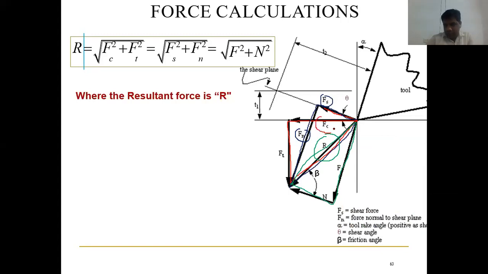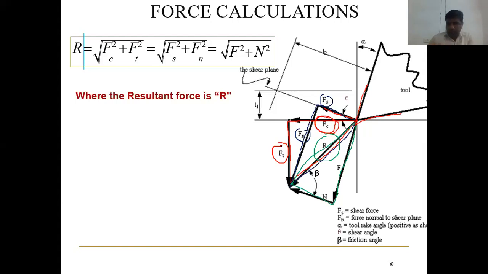We have seen that by providing some kind of sensors, when a cutting tool is moving, this is a typical cutting tool, right? When the cutting tool is moving in this direction, if you provide some kind of sensors or equipment, we can measure how much force this tool is applying in this direction on the workpiece. So FC can be calculated. Similarly, there is a lateral thrust because of the movement of your cutting, your workpiece is rotating or maybe reciprocating. In the lateral direction, that is FT. These FC and FT are easy to measure experimentally by using some kind of electronic equipment which can measure force. By using that, you can easily calculate FC as well as FT.